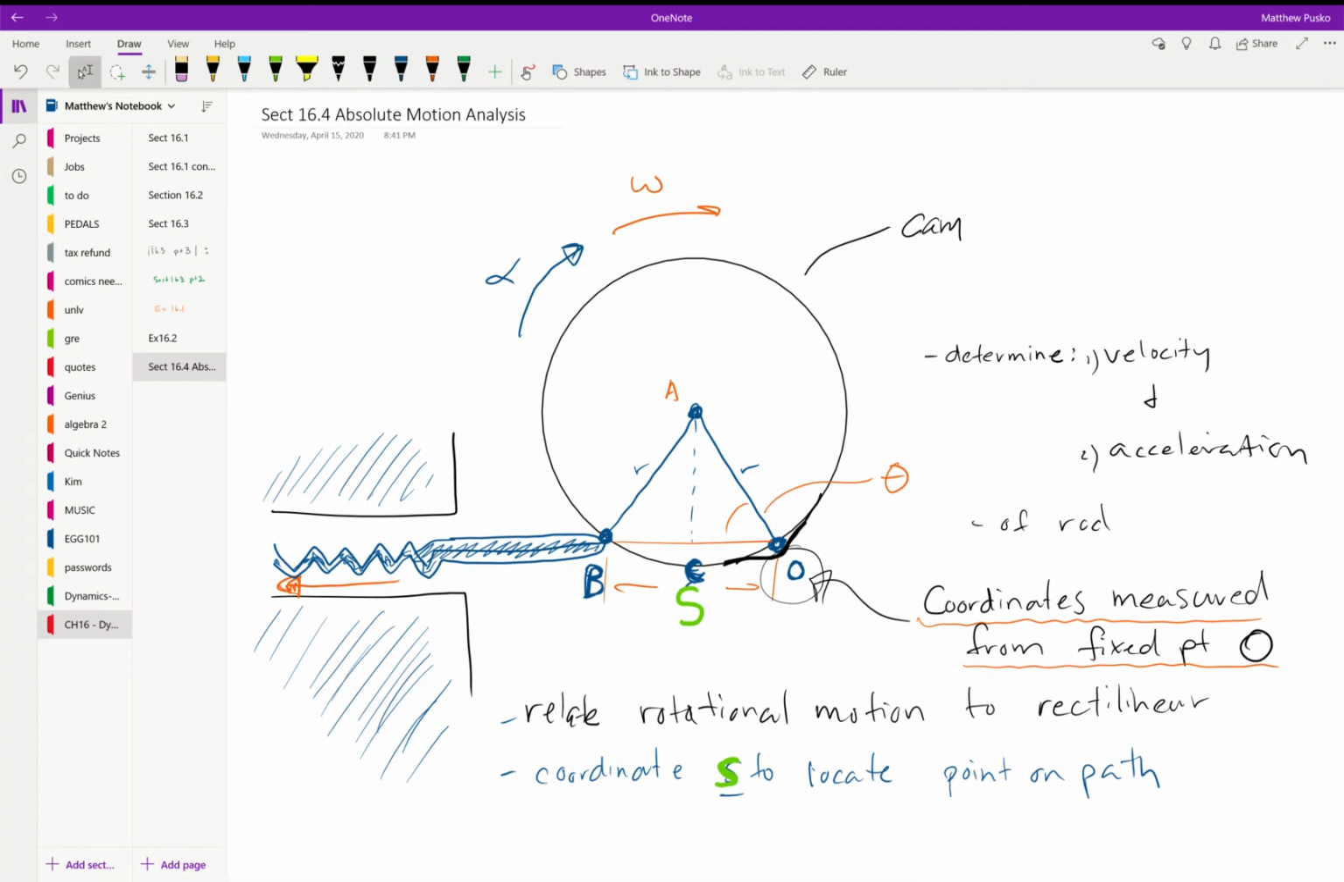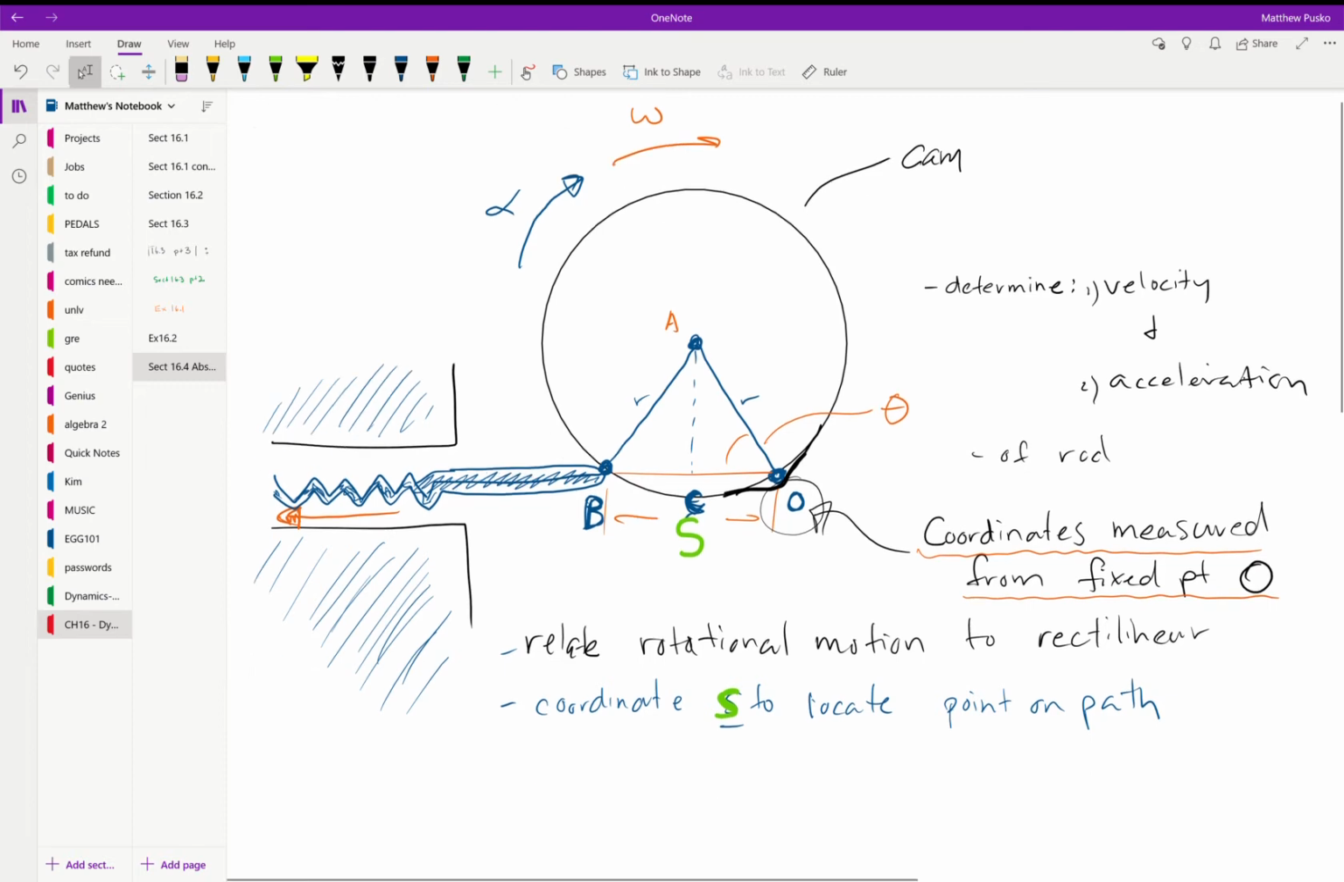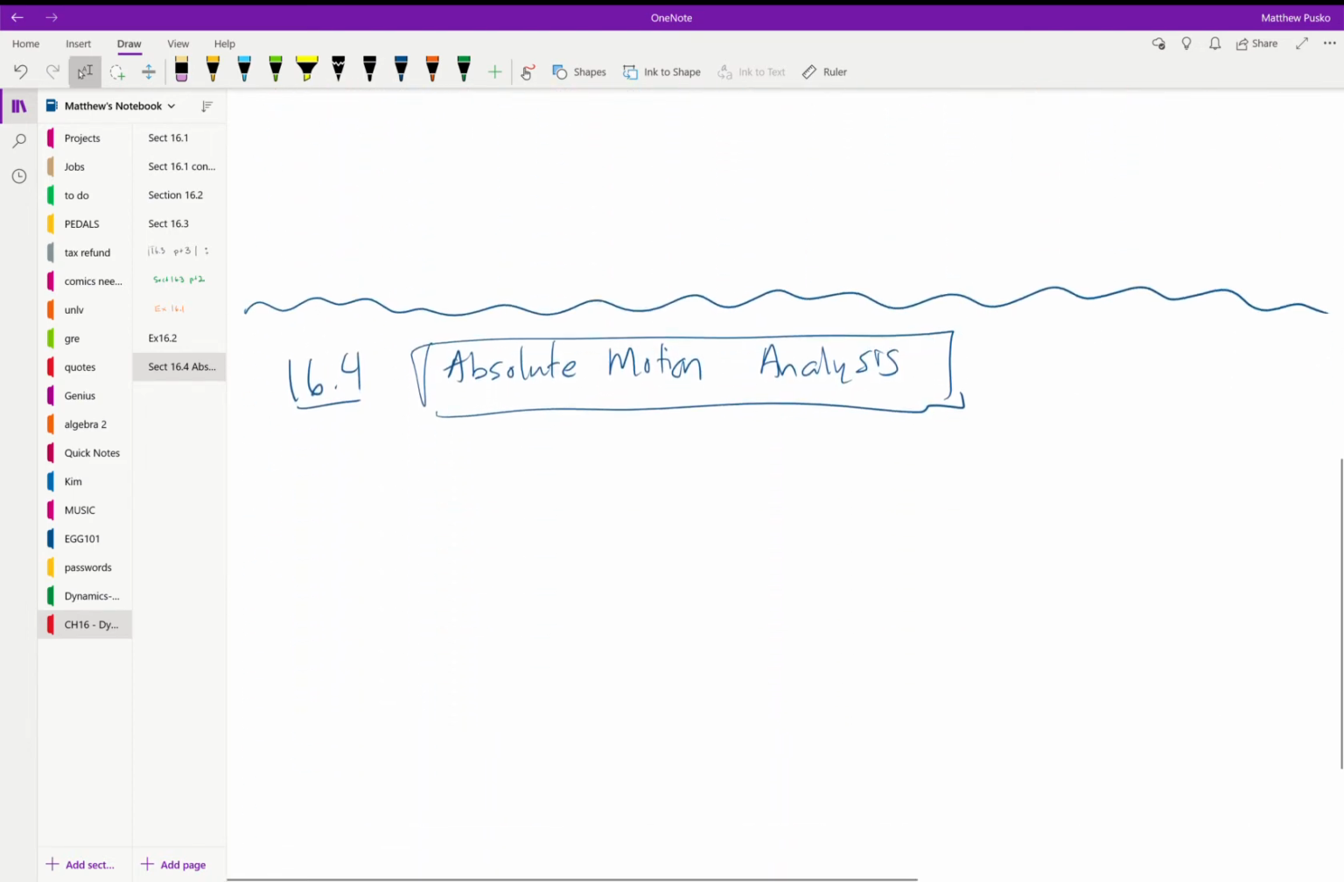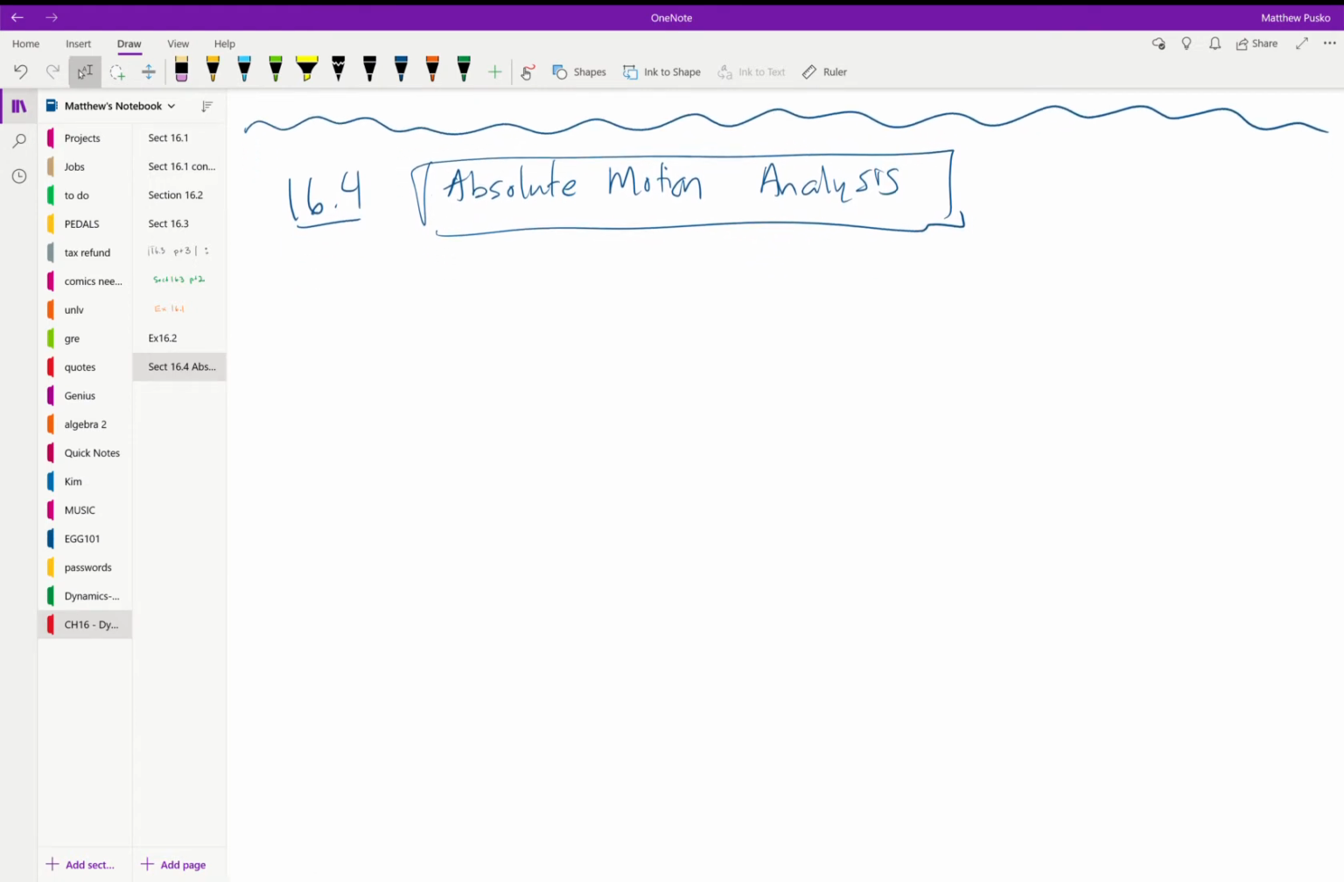I'm going to talk about section 16.4. It's pretty short in the book, but very important. And then go right into an example. So we're looking at absolute motion analysis, and that's